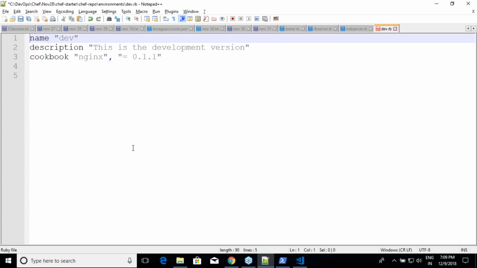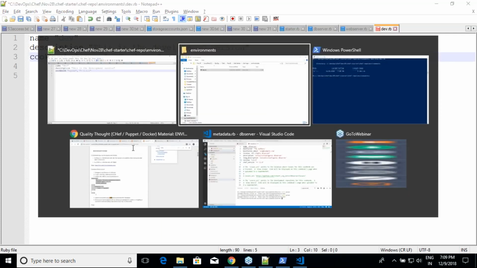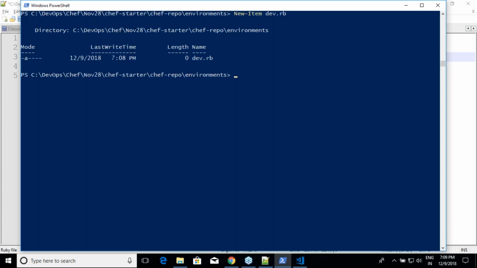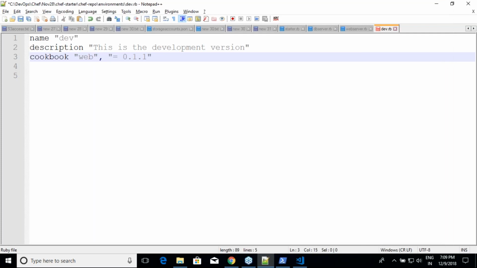And now I'm trying to tell that I'm going to use an environment which is dev environment. And in here, I have a restriction for what is the cookbooks which we have written. What are the cookbooks? Web server and DB server, right? So dev environment, I'll say that web server is, let me write it first. Let me write the same versions, equals to 1.0.